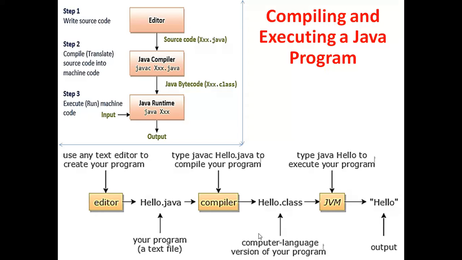That file we run using JVM. Therefore, for running the Java program, we write in the editor java and the name of the program, and afterwards we immediately get the output. Here I have given one example, that is hello Java. I have written the program which has the name hello.java. The compiler creates an executable file called hello.class, and after running that Java code in JVM, we get the output as hello.